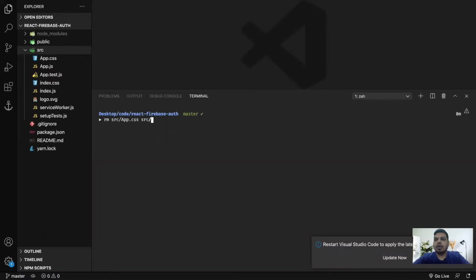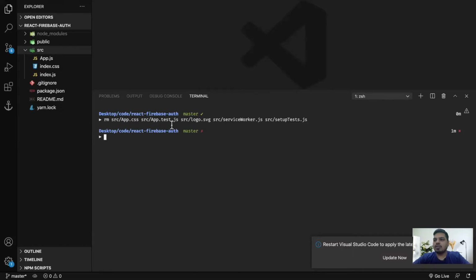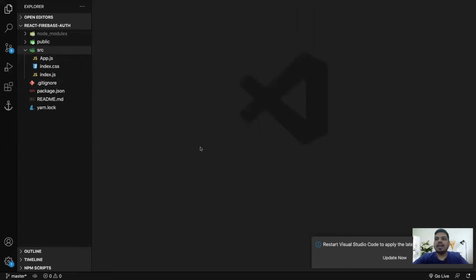Okay, I don't want App.test, and I also don't want the logo as well, src/logo, and I also don't want the service worker file. Great, and I also don't want the setupTests file. So let's just remove all these. Awesome, that's cool. So this is our project currently with Create React App.